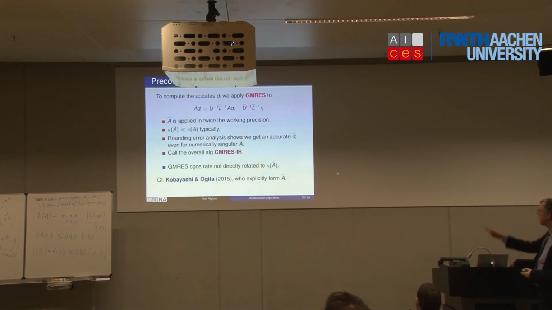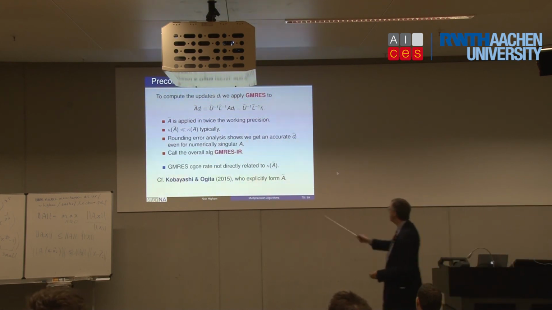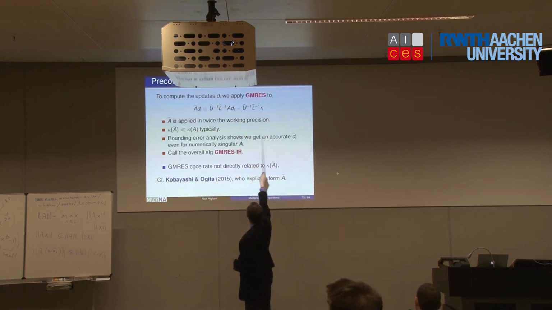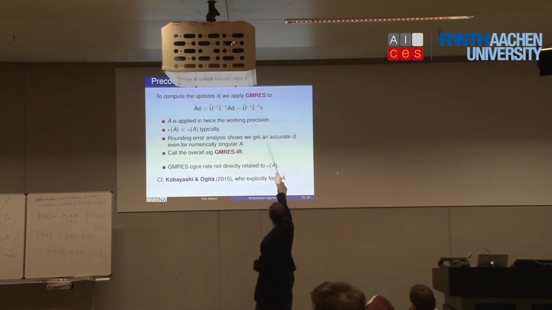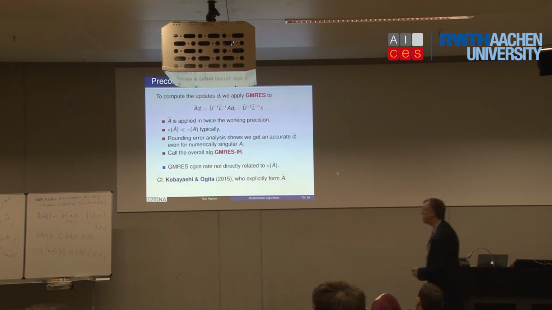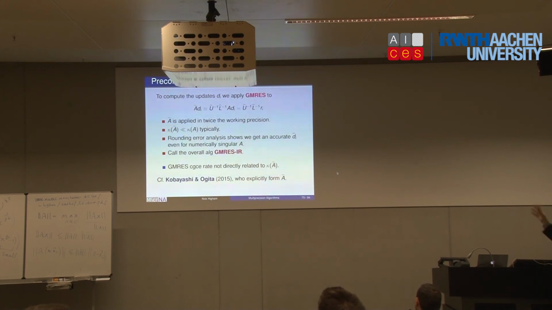So what we're going to do is take the update equation, A d_i = r_i, and precondition it with these factors. We're going to apply both inverses on the left, in fact. So I multiply by U inverse L inverse. My equation A d_i = r_i now becomes A tilde d_i = this preconditioned right-hand side. So now to solve that system, we're going to use GMRES. So we of course don't want to invert any matrices, but we can apply A tilde to a vector. To apply A tilde to a vector, you have to do a multiplication with A and 2 triangular solves. We will do those in extra precision.